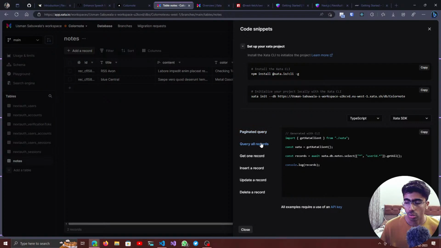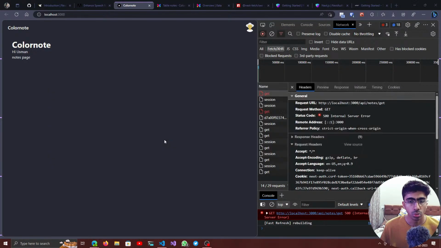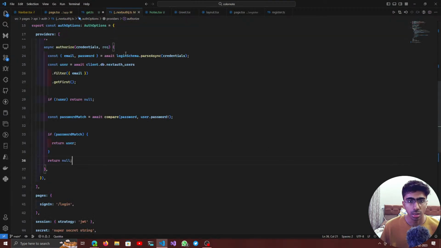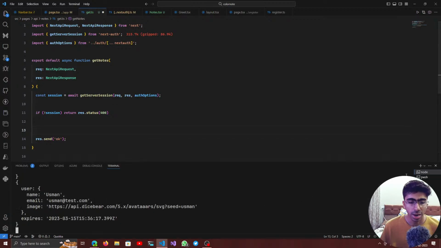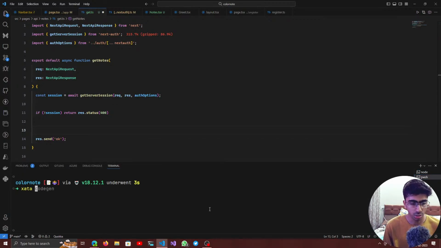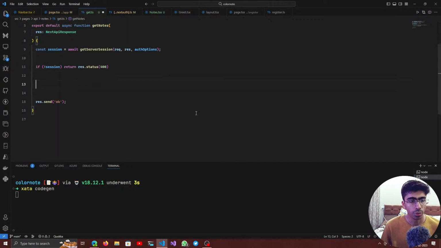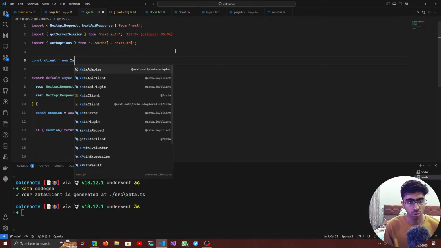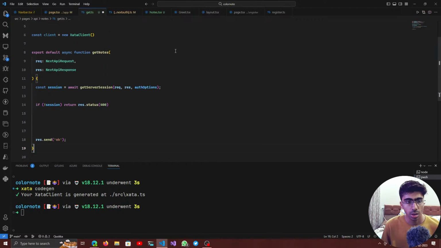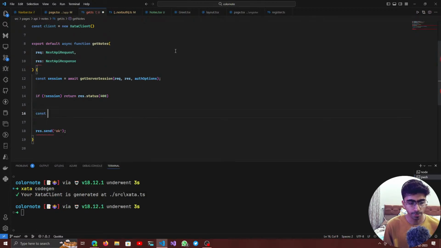So we have query all records. Actually, we want to do the same thing that we did, right? I guess right in here, where we get the client, and for that we will have to go ahead and say Xata codegen to generate the code for us. So we'd have to create a client. So I'll say const client equals new XataClient, and then const notes equal to await client dot db dot notes dot